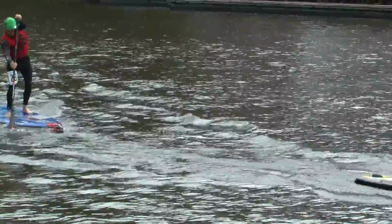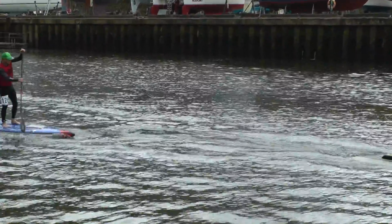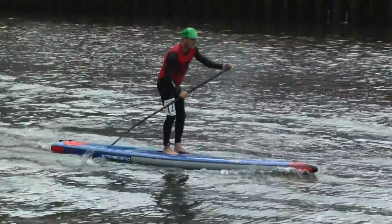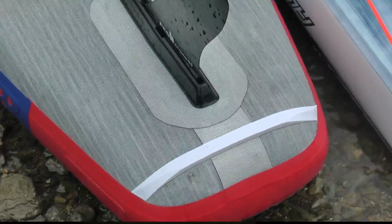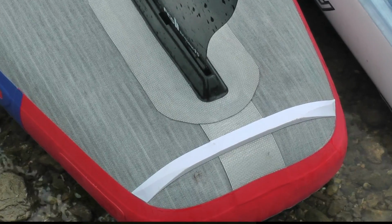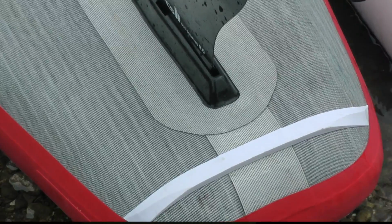We've seen it in a local race, Head of the Dart, a few months ago, where Paul Simmons was only a fraction of a second behind Blue Ewer, who was on a performance hardboard. And remember, the 14-foot Airline and the 12.6 Airline come with the rail edge at the tail of the board, which releases the water off the tail much quicker,